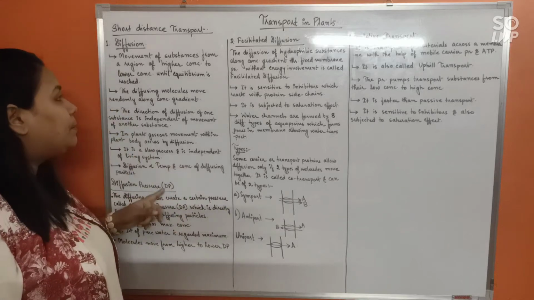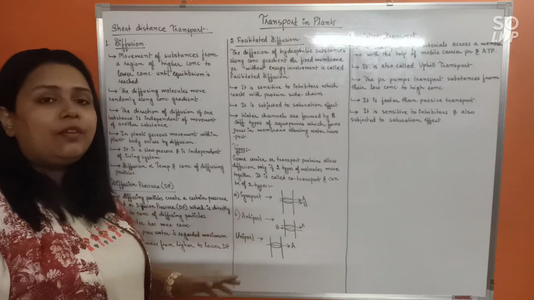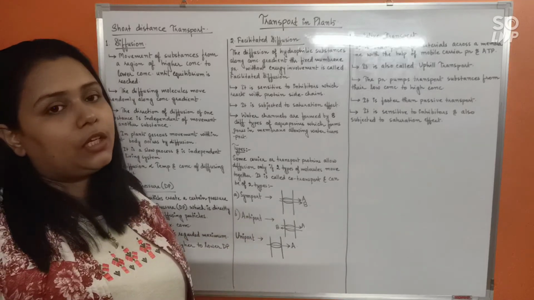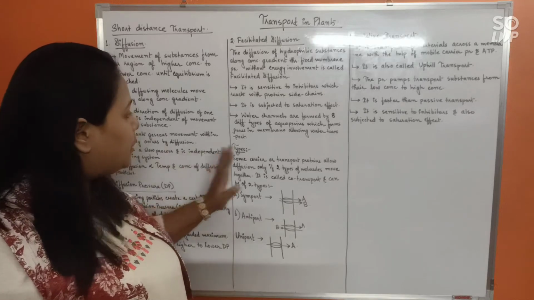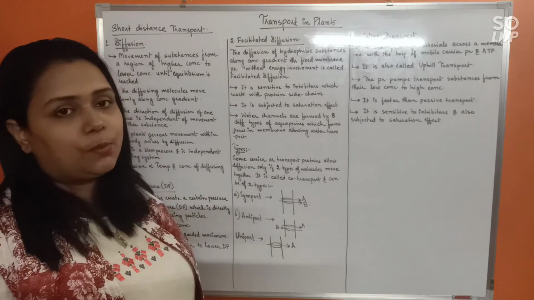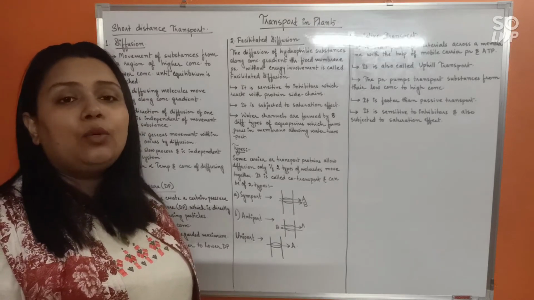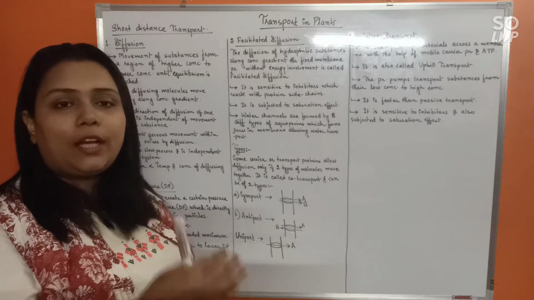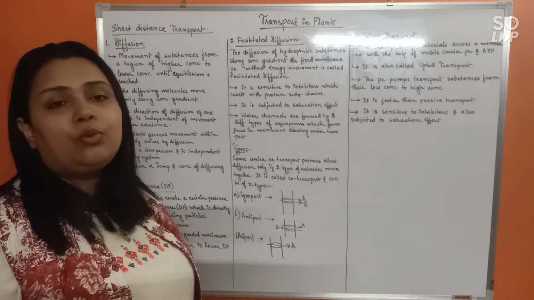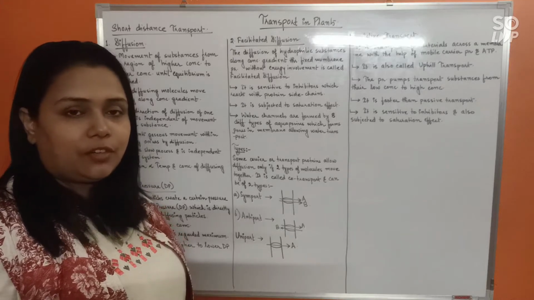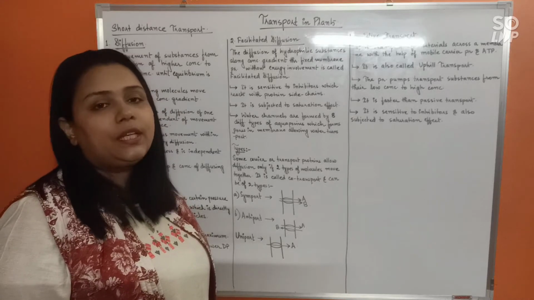Energy expenditure in simple diffusion or facilitated diffusion would be absent. And whenever a transport occurs without expenditure of energy, we call it passive transport. So both of these would be regarded as passive transport. Passive transport is also regarded as downhill transport, just like while you are coming down a hill, you don't have to do any expenditure of energy. So that's why passive transport is also known as downhill transport.